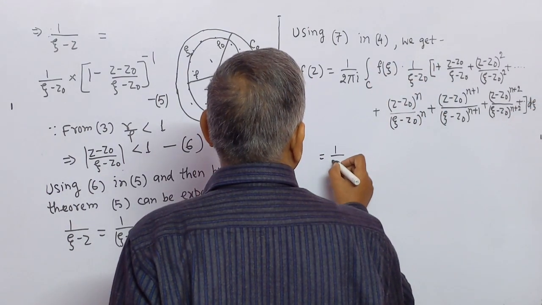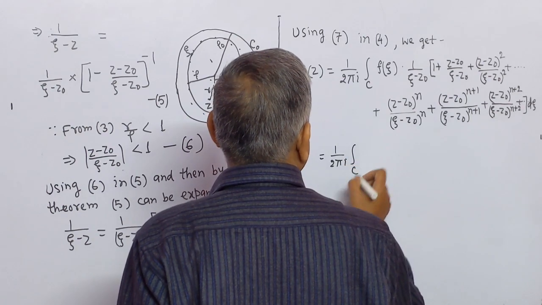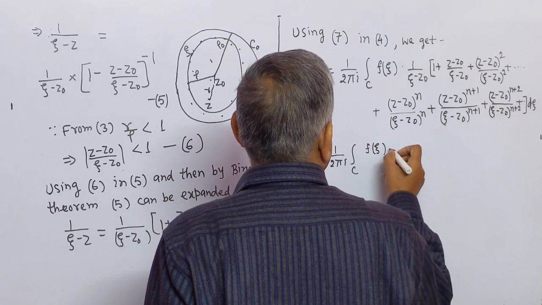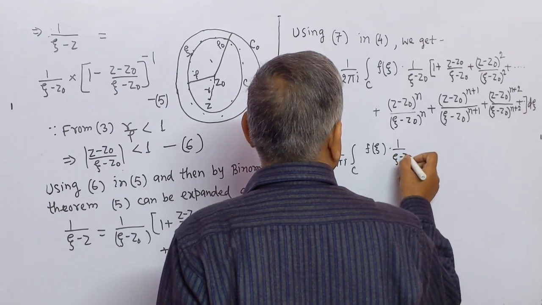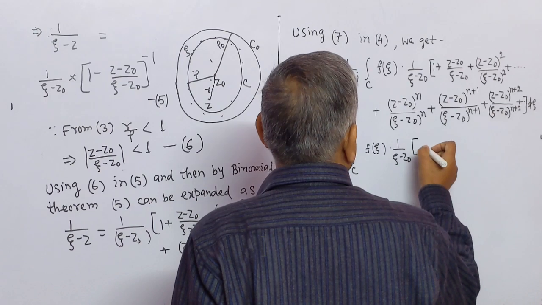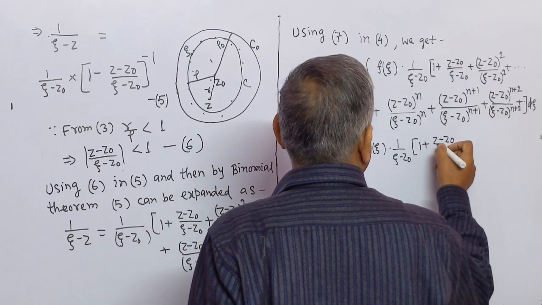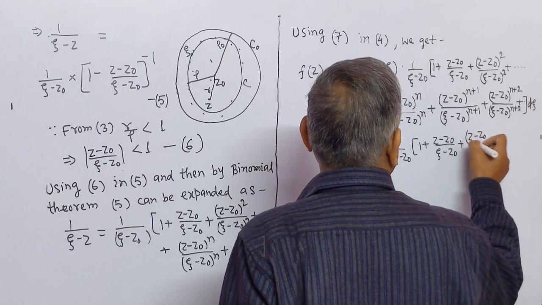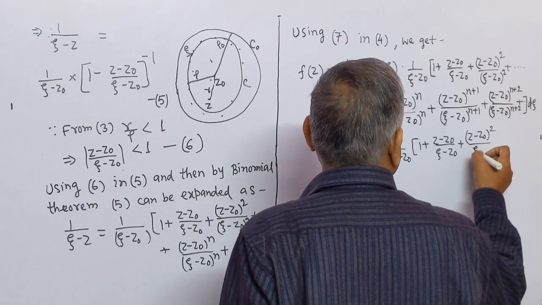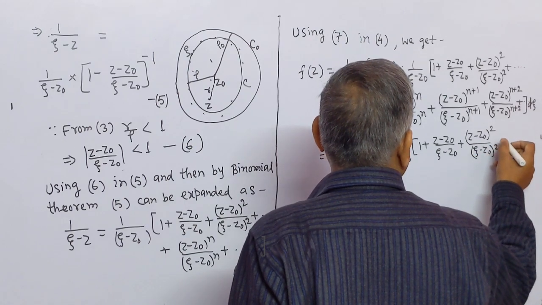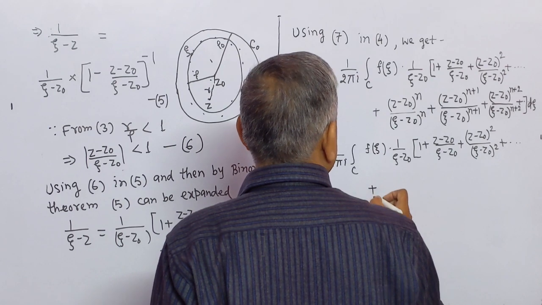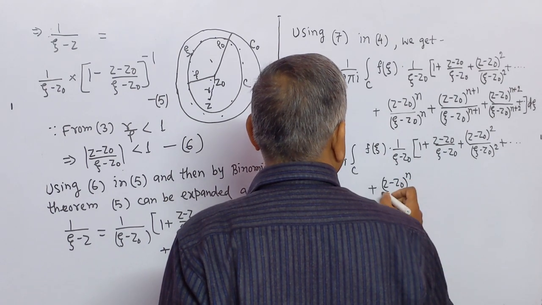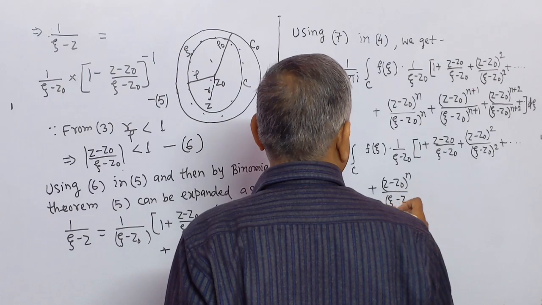equal to 1/(2πi) ∫ along the curve C of f(ξ) multiplied by 1/(ξ − z₀) times [1 + (z − z₀)/(ξ − z₀) + (z − z₀)²/(ξ − z₀)² + ... + we take common here (z − z₀)^n/(ξ − z₀)^n